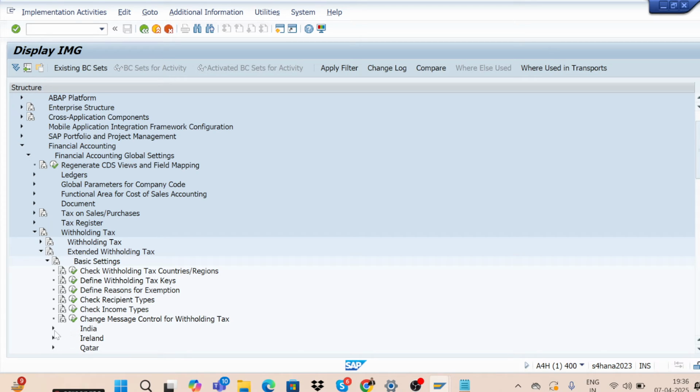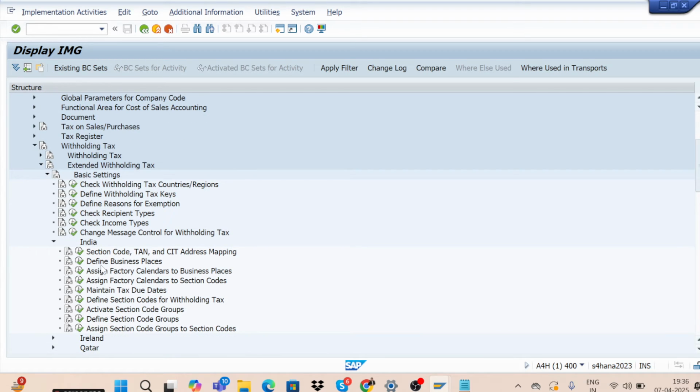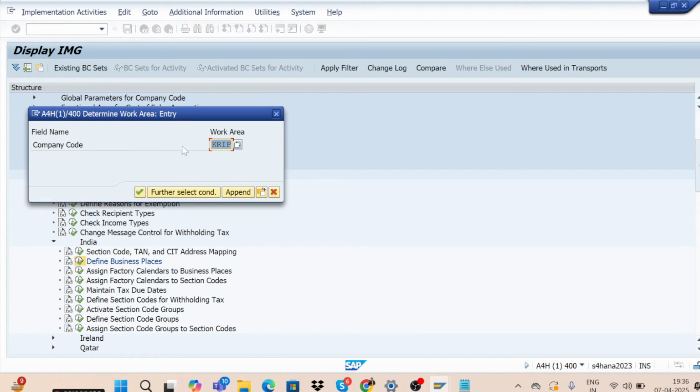Just go to this India country. Go to India, and here you can see define business place. So just execute here, and you can create a business place for your company code.